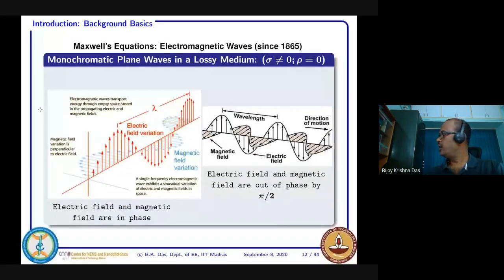Okay, so we have already discussed yesterday, in the last couple of classes, the plane wave, starting from Maxwell's equations in free space and in a homogeneous isotropic medium. And there is a chance that electric field and magnetic field can be out of phase. And as I discussed,